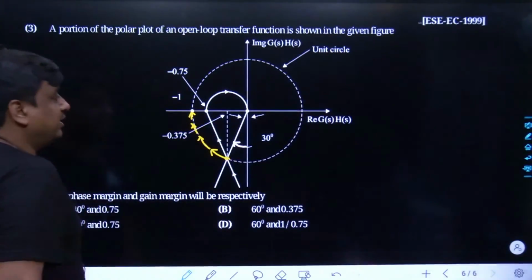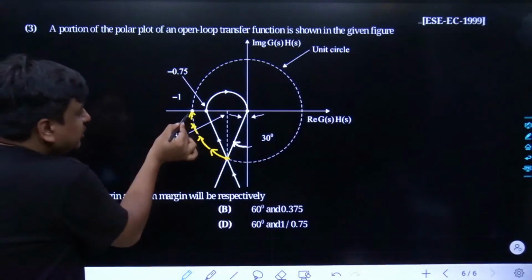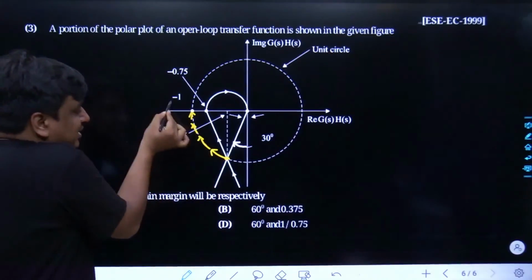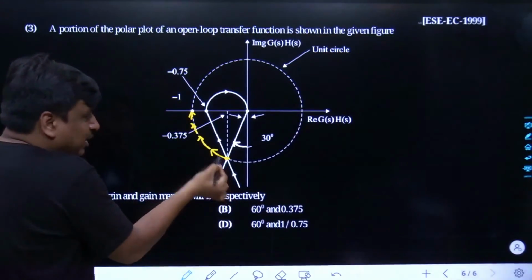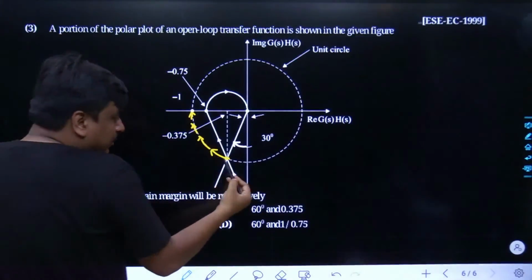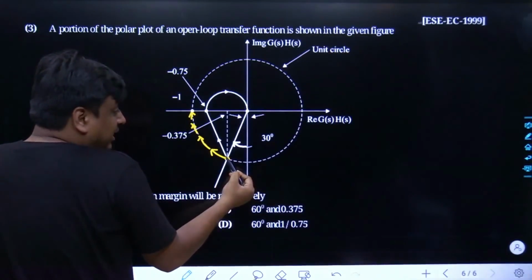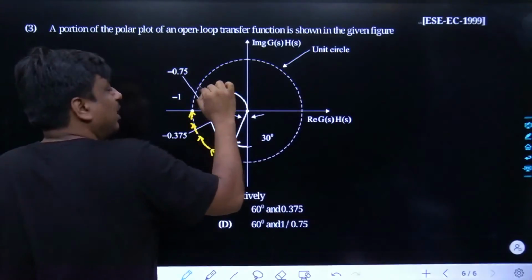Yes, it would go like this. How much angle had been left out? Such that this point had been the critical point. Why am I calling it the critical point? Because here the magnitude had been 1, and in future, if you keep rotating this polar plot